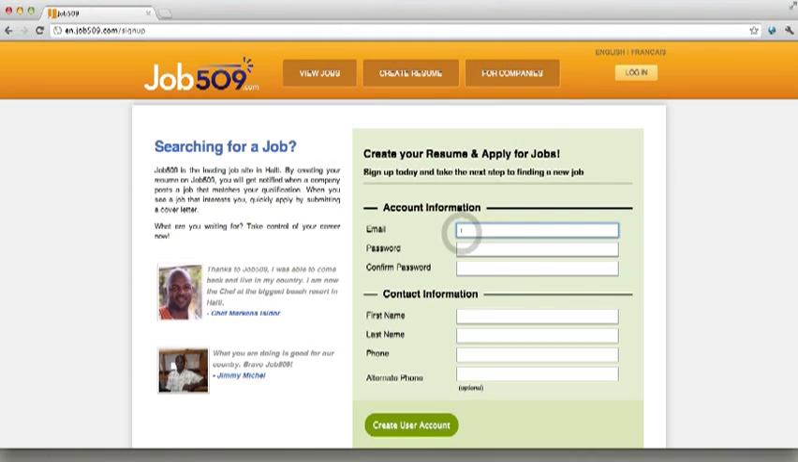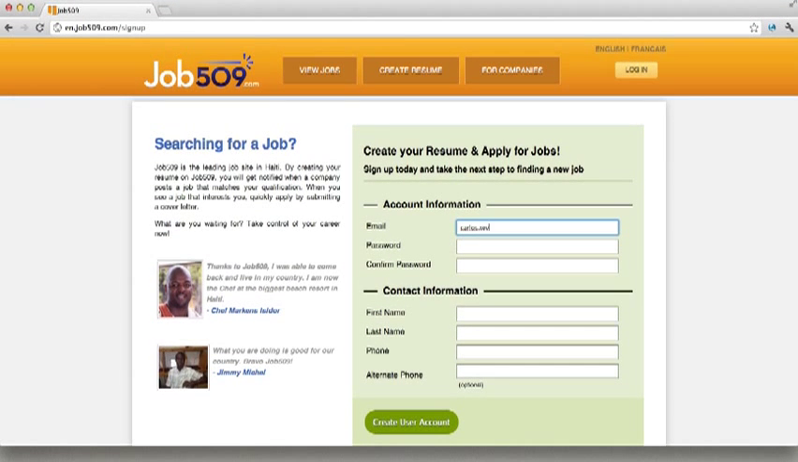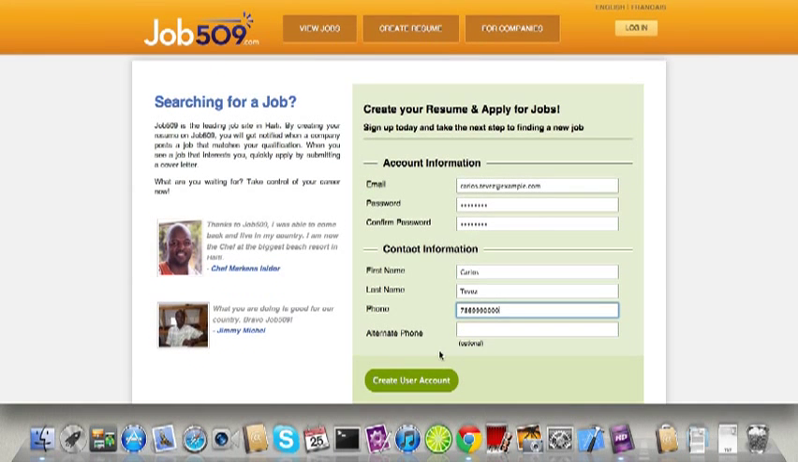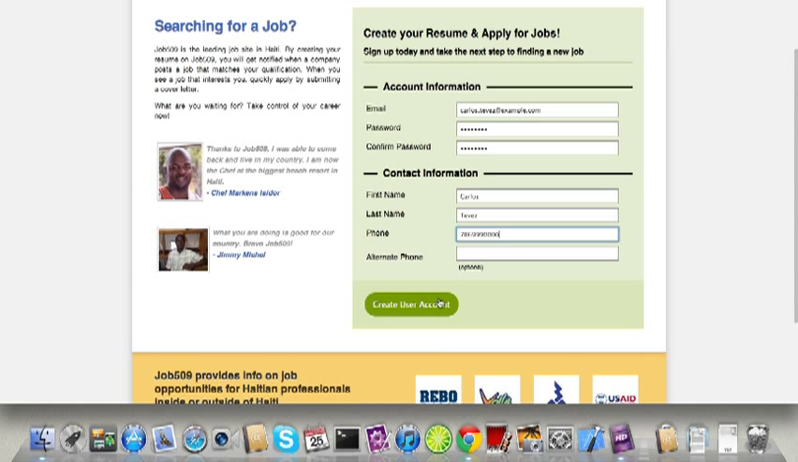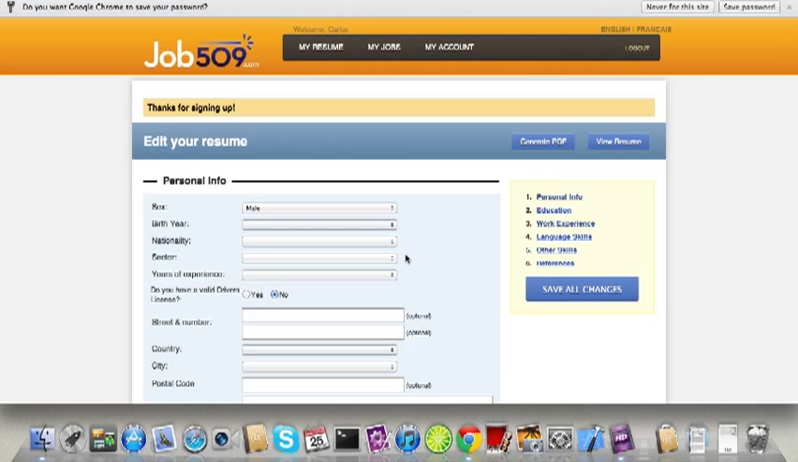There you need to fill in your information such as your email, your password, first name and last name, and finally your phone number. The alternate phone number is optional, but if you have one, please put it in. It would help us get in touch with you if needed. Once you're done filling the form, you click on the Create Account button and you get taken to your resume